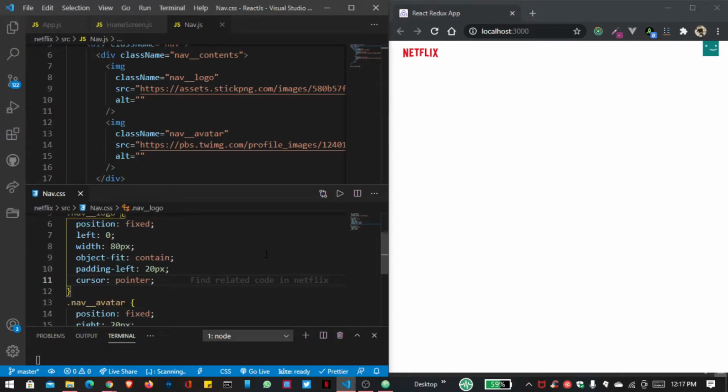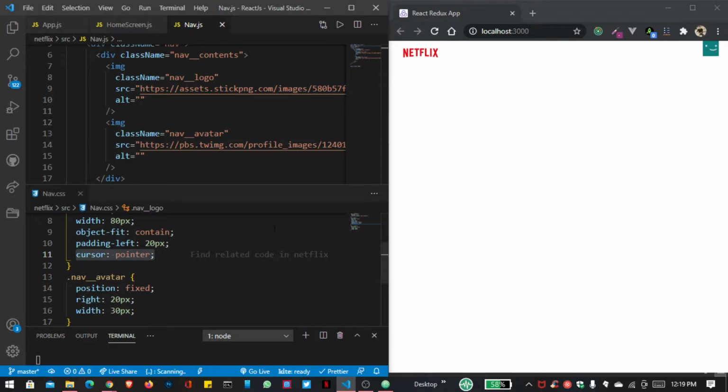This is not basic CSS stuff, so I don't want to go through all of this basic CSS, because the CSS knowledge is required when you create the Netflix clone with the help of React, and also the cursor pointer